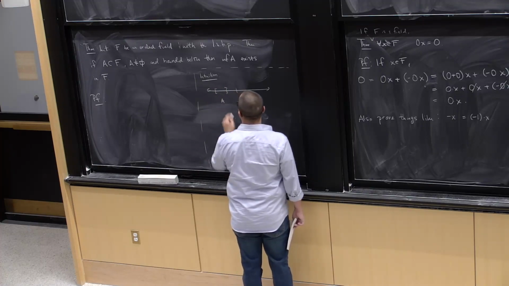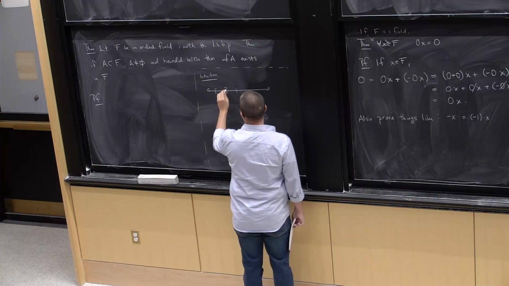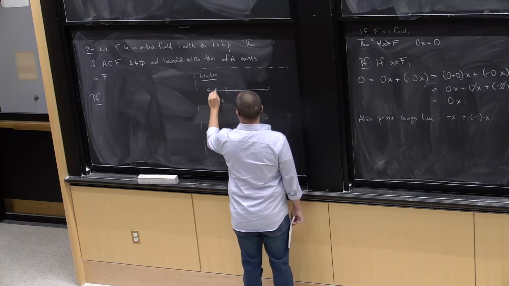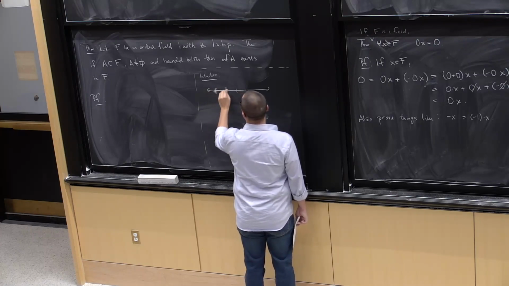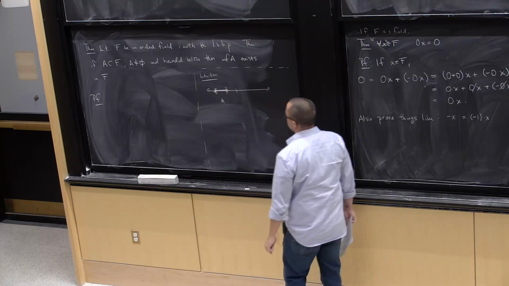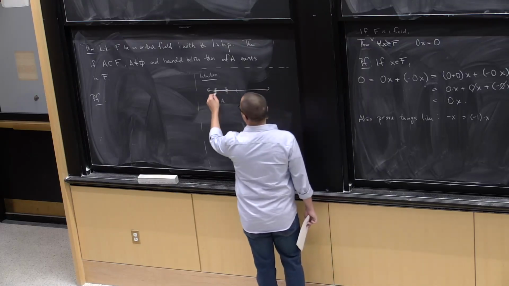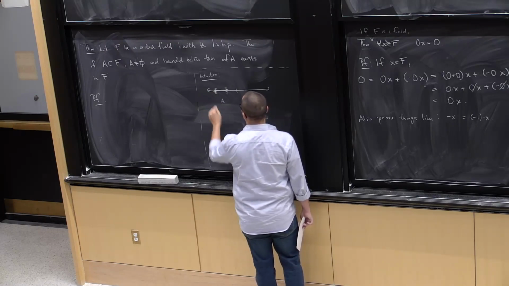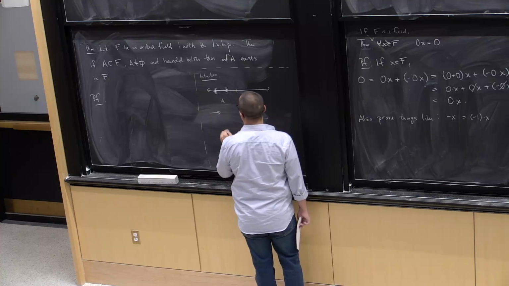Let's imagine we have a set A. And for now, I'll draw it like it's an interval, which is bounded below. Okay, so it stops after some point, and there's nothing there. So it's bounded below. Then if I look at minus A,